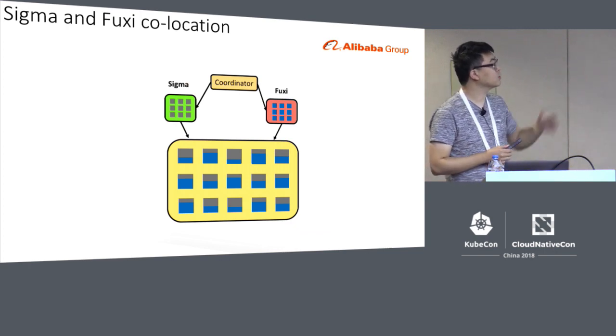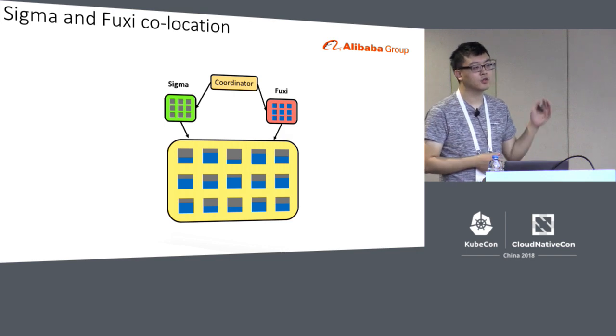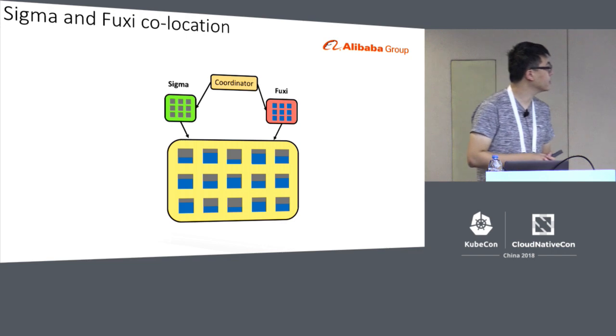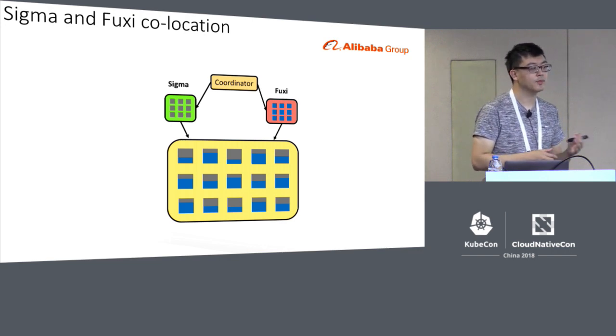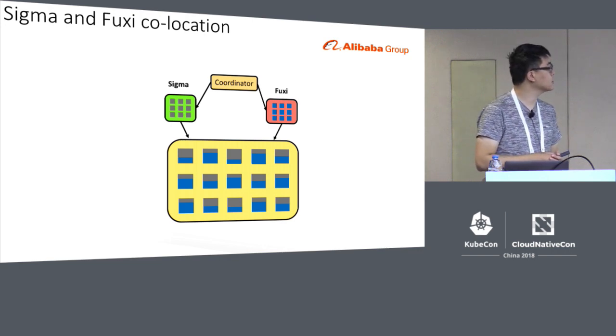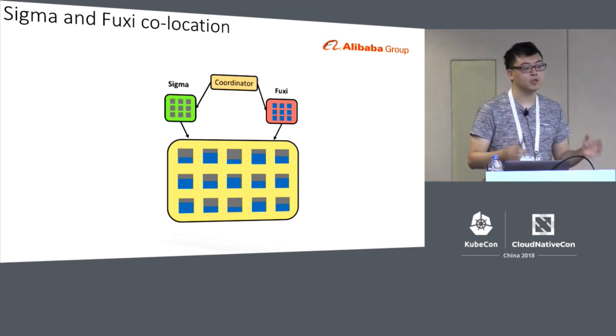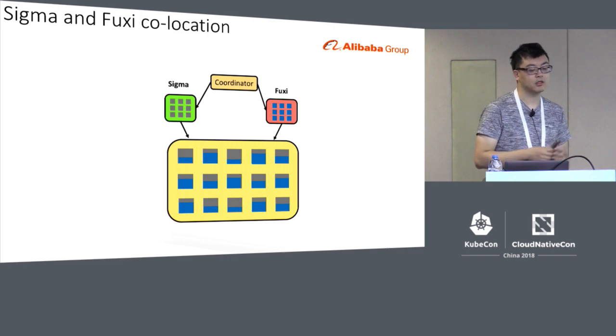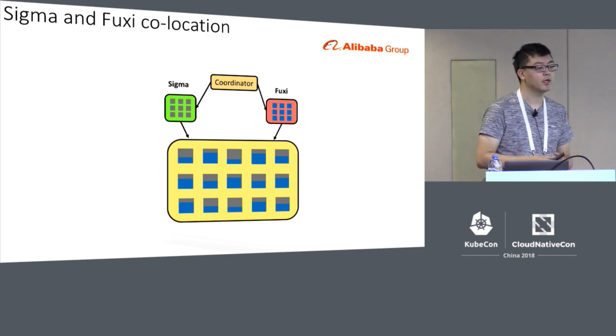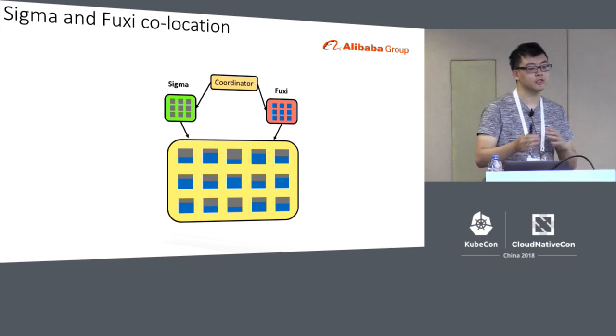Well, here I will introduce another topic. Maybe you have heard of the Fuxi scheduling system. Actually, we released a paper in 2016. It deals with mass computation and scheduling or cluster management. And we also want to integrate Sigma and Fuxi to make them co-work or co-locate. That is to say, the same server can run both Sigma and Fuxi business so that the resources of this server can be better used.